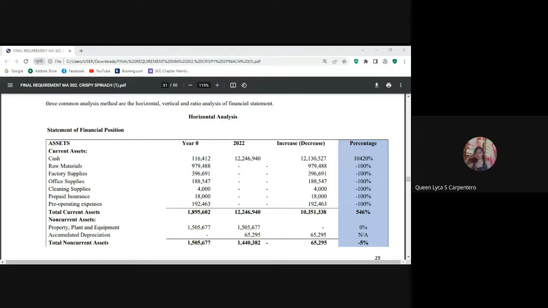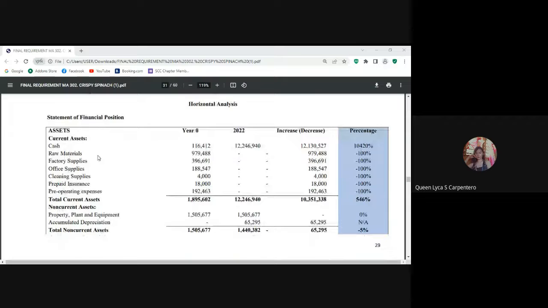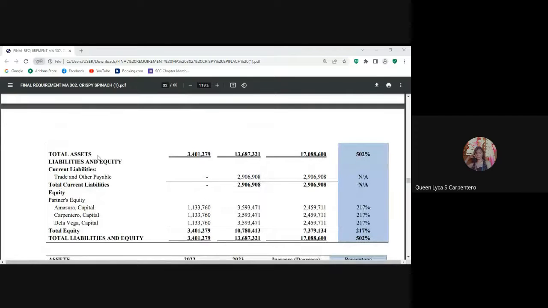Minus man siya, so ang ma-equal niya dadto kay minus pod ang iyang symbol, so nahimong minus 100%. Tapos sa iyang total asset dayon kay